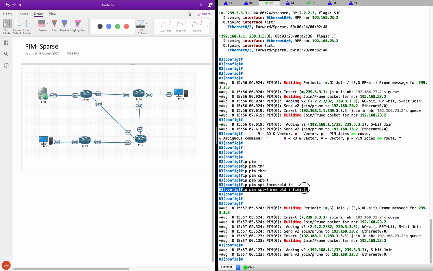What this command does is, by default, the router is going to switch to SPT whenever the traffic exceeds 0 kilobits per second, which means immediately, right? As soon as you get the traffic, the router is going to figure out the source address, and then it is going to create its own source path tree like we explained earlier. But what we are telling it now is to do that switch when the traffic reaches infinity, which is obviously never. So you are basically tricking the router into never switching into